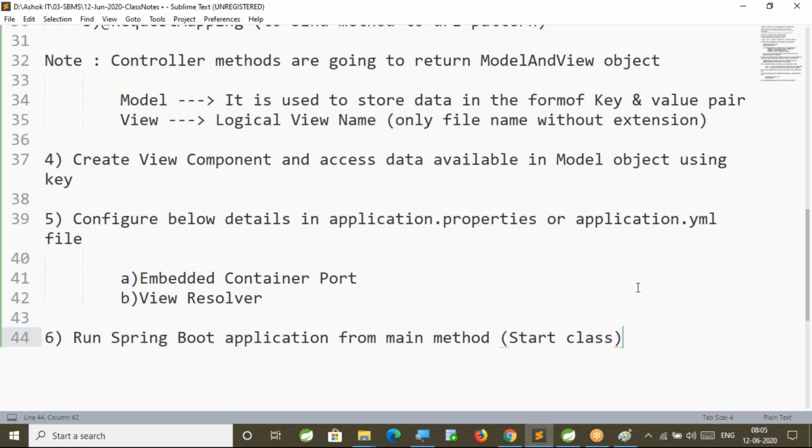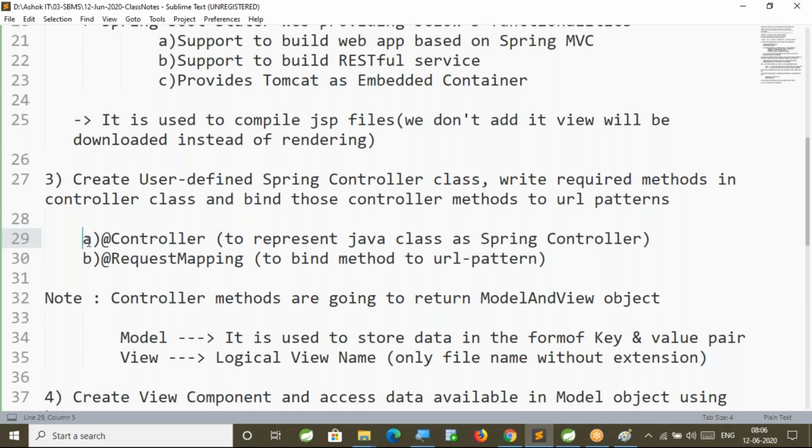Once we run this boot application, access our controller method and test our application functionality. Whatever development we have done, is it working as expected or not? We need to test that functionality by sending a request to the controller method.